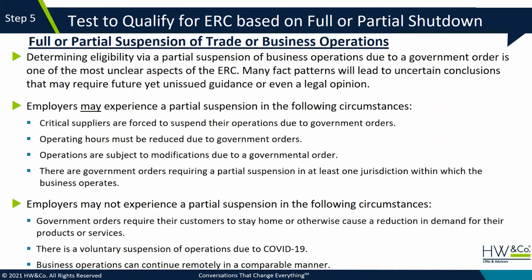Can we have a narrative behind it that actually tells us that we do qualify for this credit? And we talk about documentation later on. If you do think you qualify for this credit, you're going to have lots of documentation behind you supporting that position. So make sure you are supporting that position with documentation, because again, in a couple of